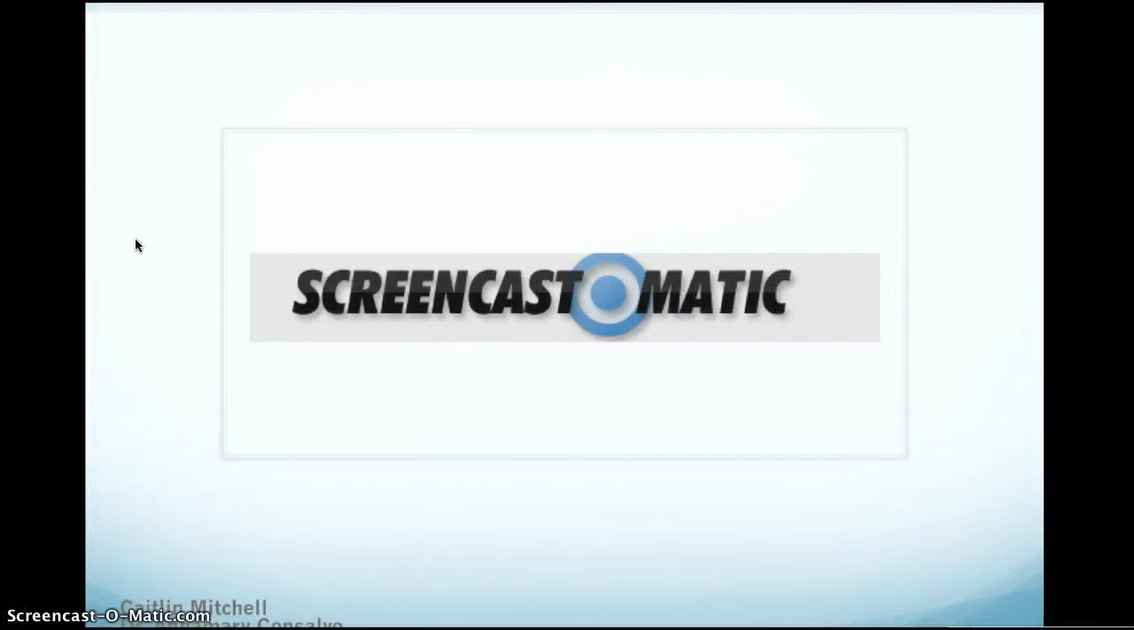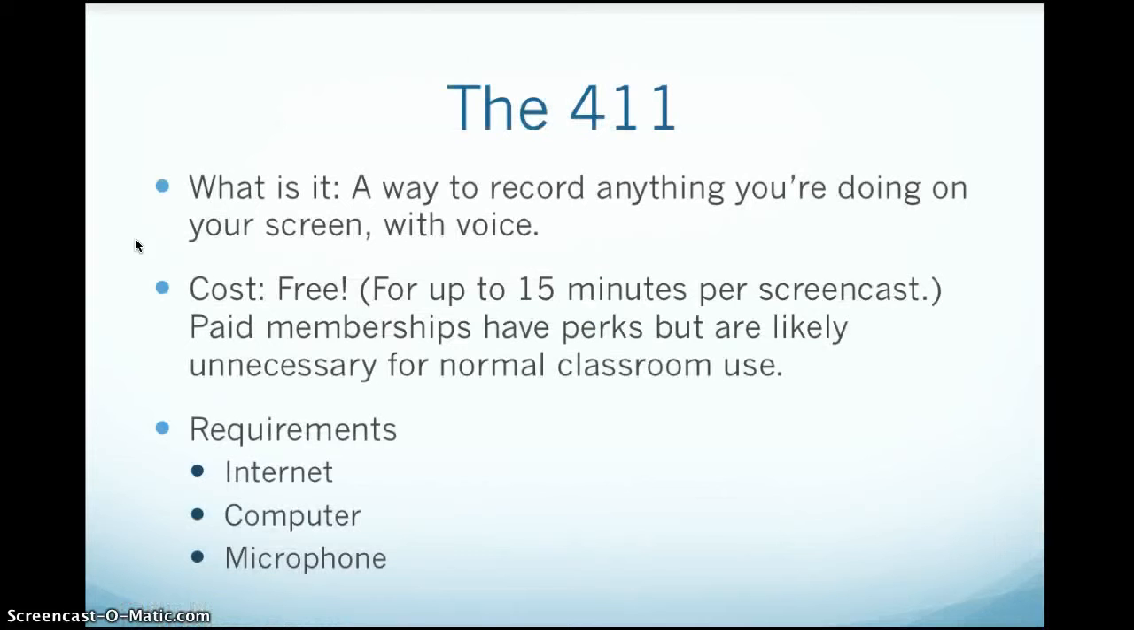I'm going to walk you through Screencast-o-matic this evening. Screencast-o-matic is a way to record anything you're doing on your screen with a voice or without. It's really great because it's free for up to 15 minutes per screencast. There are paid memberships, which do have some perks, but I've found them unnecessary for the way I use this